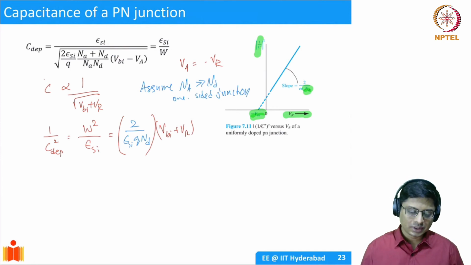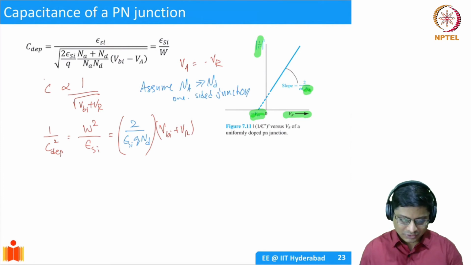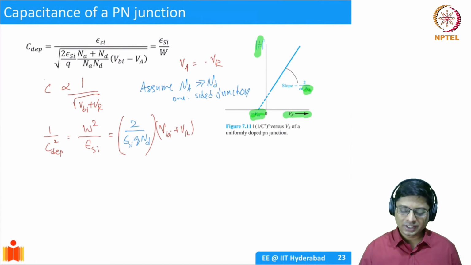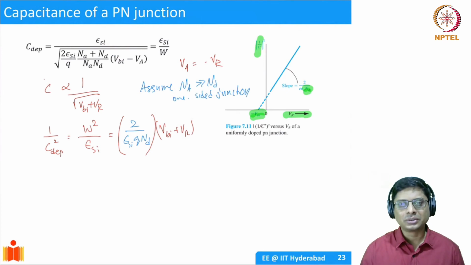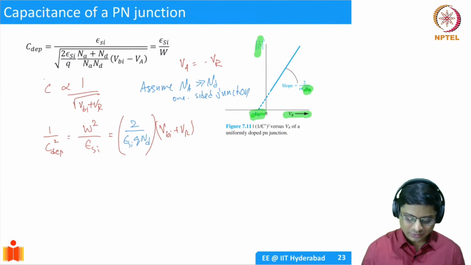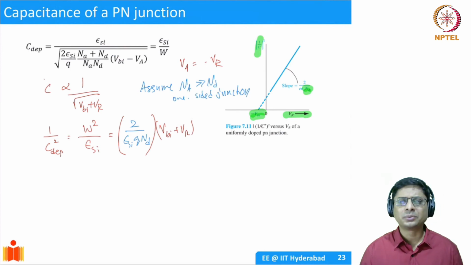That's why it's used. Once you know this, you can easily calculate. Why do I want to know this? I mentioned RC, right? RC is going to influence. If you calculate the capacitance, it will turn out to be a few picofarads per centimeter square or something like that. And then if I want to fabricate a device having a diode with 5 centimeter square area, a large diode.